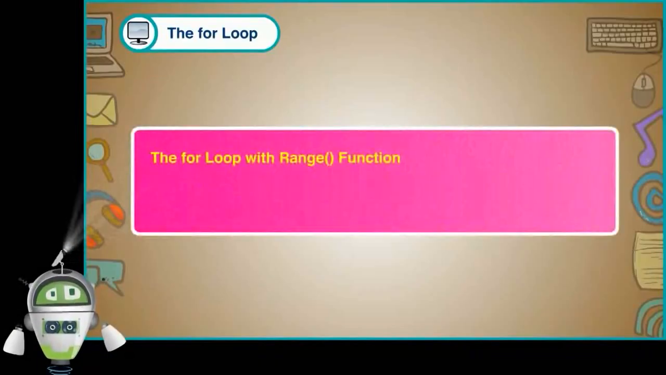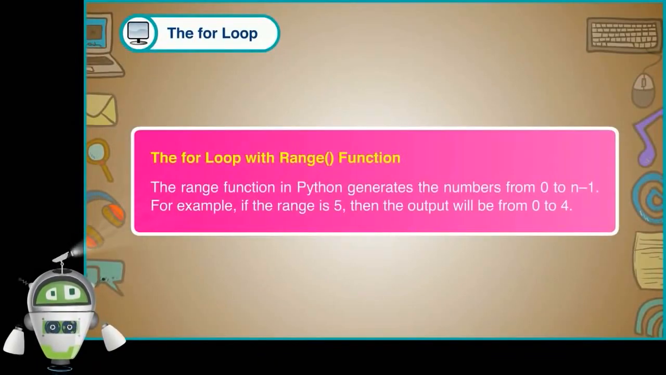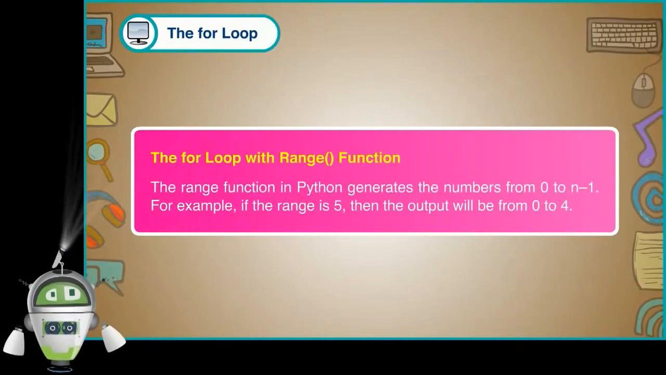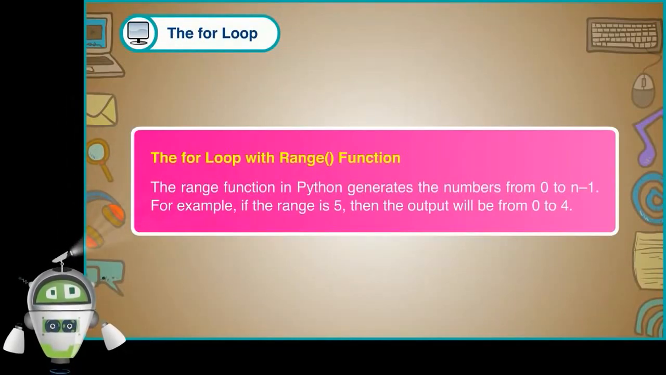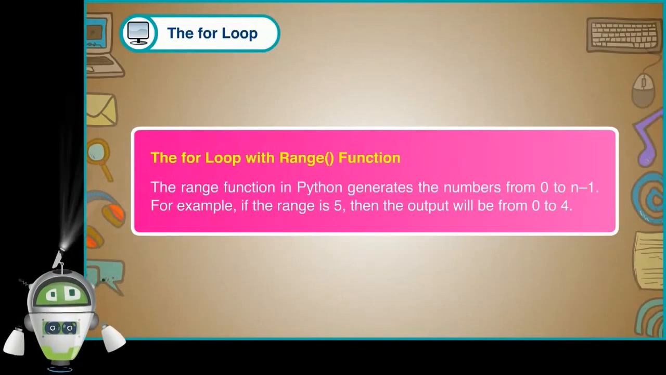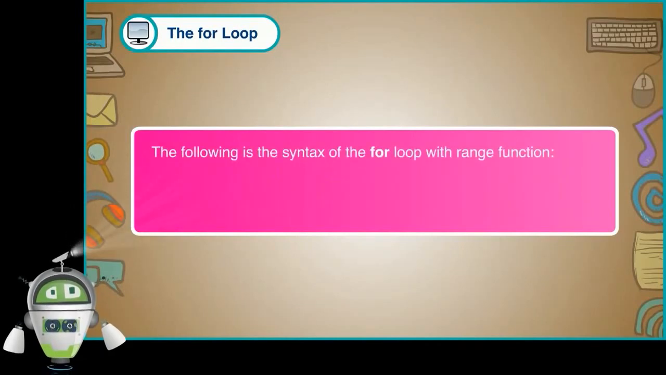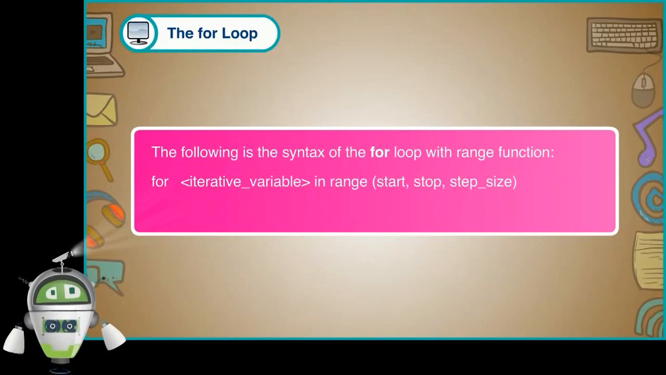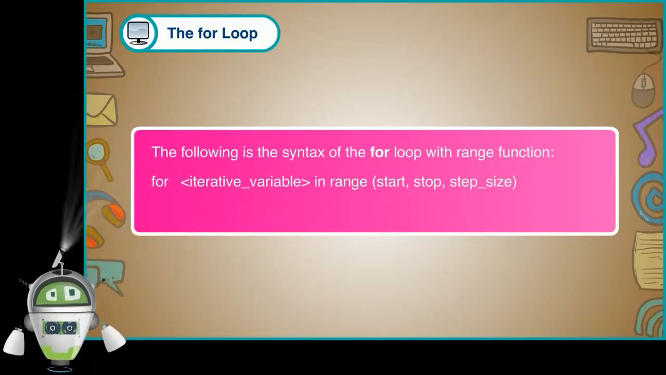The for loop with range function. The range function in Python generates the numbers from 0 to n-1. For example, if the range is 5, then the output will be from 0 to 4. The following is the syntax of the for loop with range function. for iterative_variable in range(start, stop, step_size):